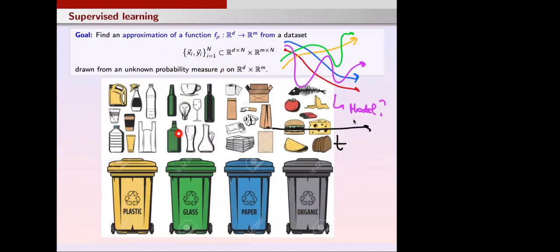The common practice, I mean, the simplest, most natural way of proceeding. Then, of course, the devil is in the details, as usual. You will have to learn how to do that, because depending on whether you do it in one way or another, your algorithms will be faster, more efficient, more precise, they will scale better, and so on. The process is this. Supervised learning is just about finding functions that are, in particular for us, a dynamical system that is able to bring every initial datum to the corresponding destination, right?